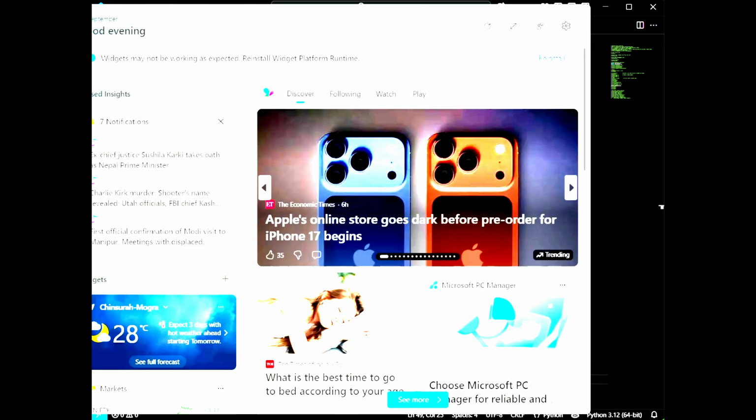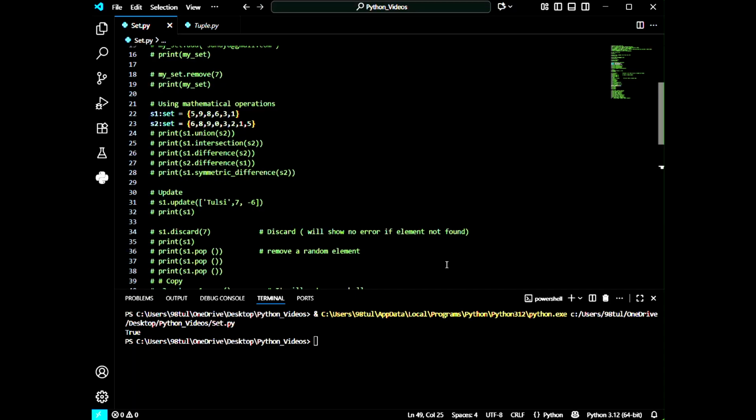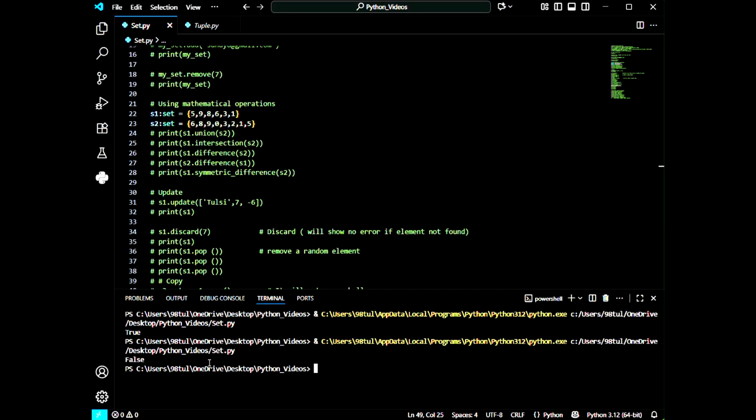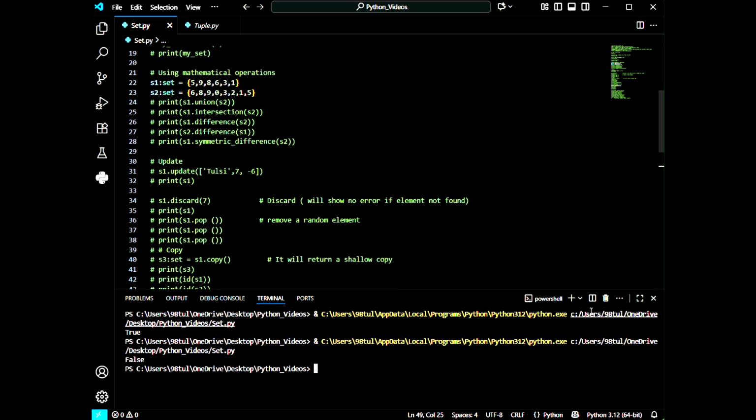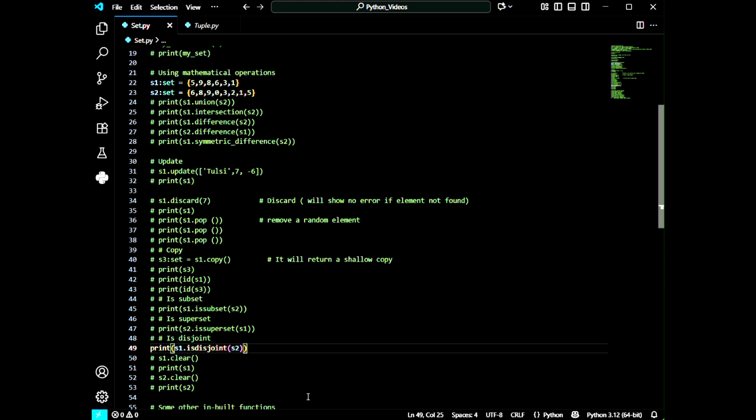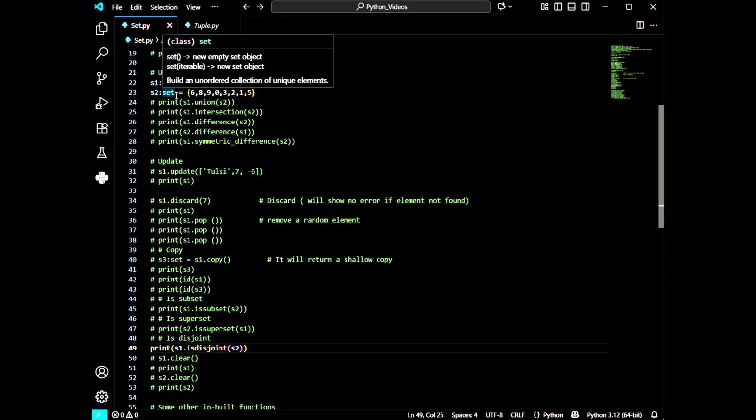So let me run the program first. Okay, so we got false. Why did we get false? Well, let me clear the terminal. As we can see, some elements are common in S1 and S2. That means both the sets contain some common elements.